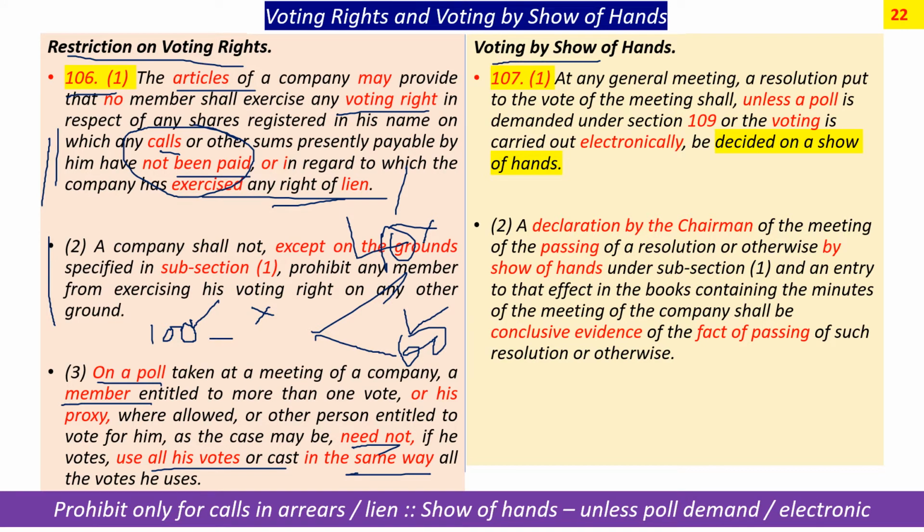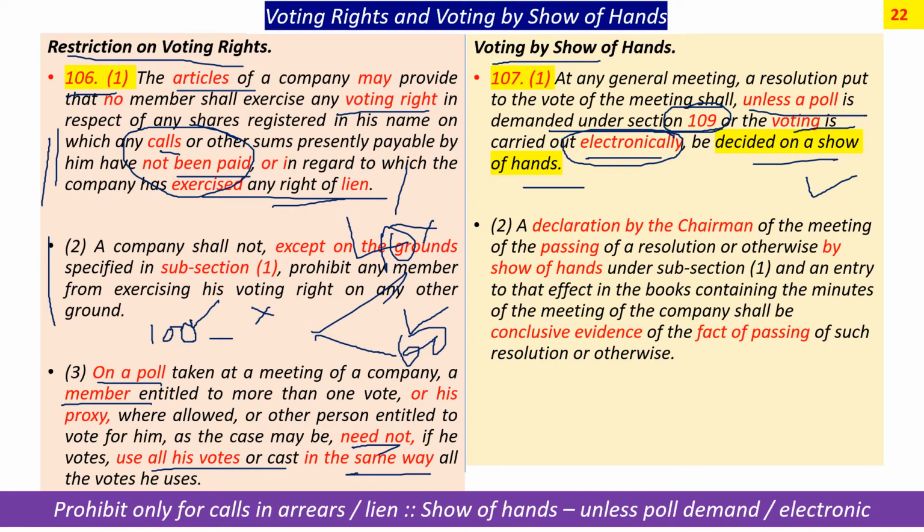In case of a show of hands, unless a poll is demanded, or voting is carried out electronically, either there is a poll or there is an electronic voting. If both of these are not there, it is always decided by the show of hands. Therefore, as we saw in the case of the chairman, first the show of hands takes place. If there is a requirement or demand for a poll, the poll may be the regular poll or it can be an electronically